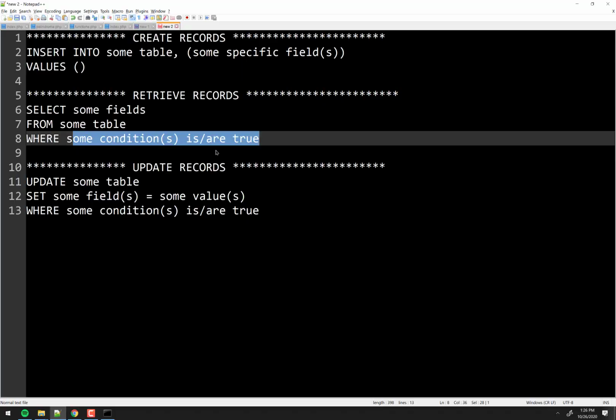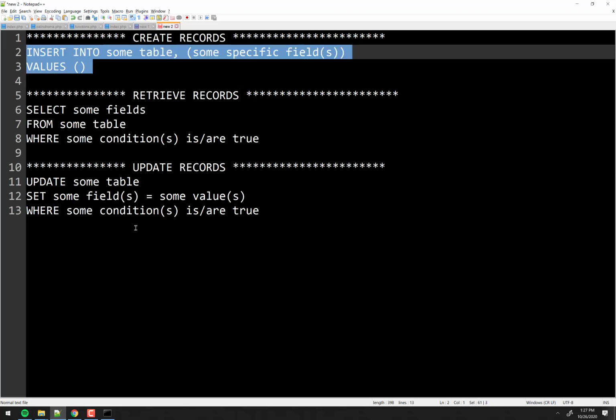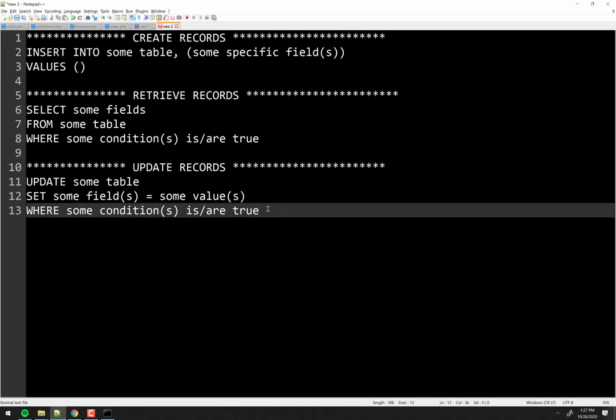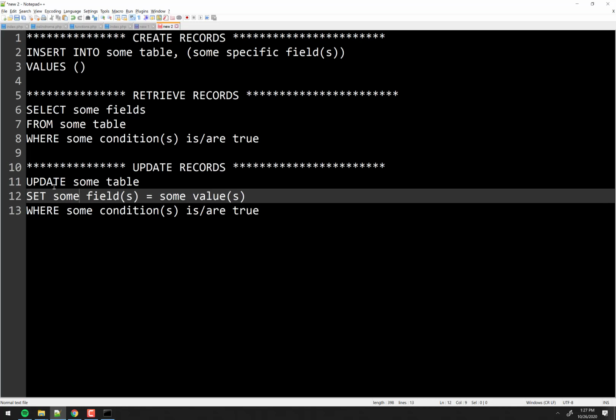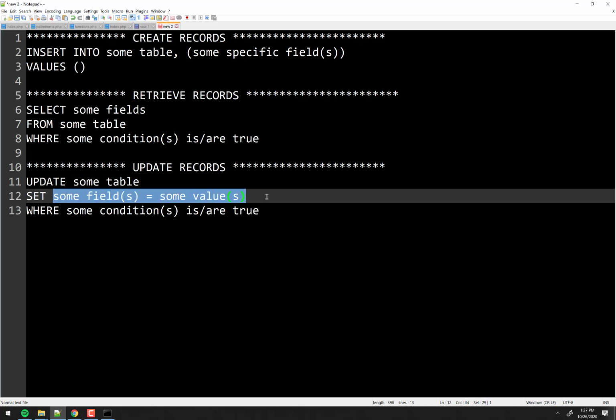Next up, we've got the retrieving records. That's the R out of CRUD. We're going to save create for last. Okay, update. Update is very similar in structure. It has an update clause, so you're going to update some table, and then you're going to set some fields equal to some values where